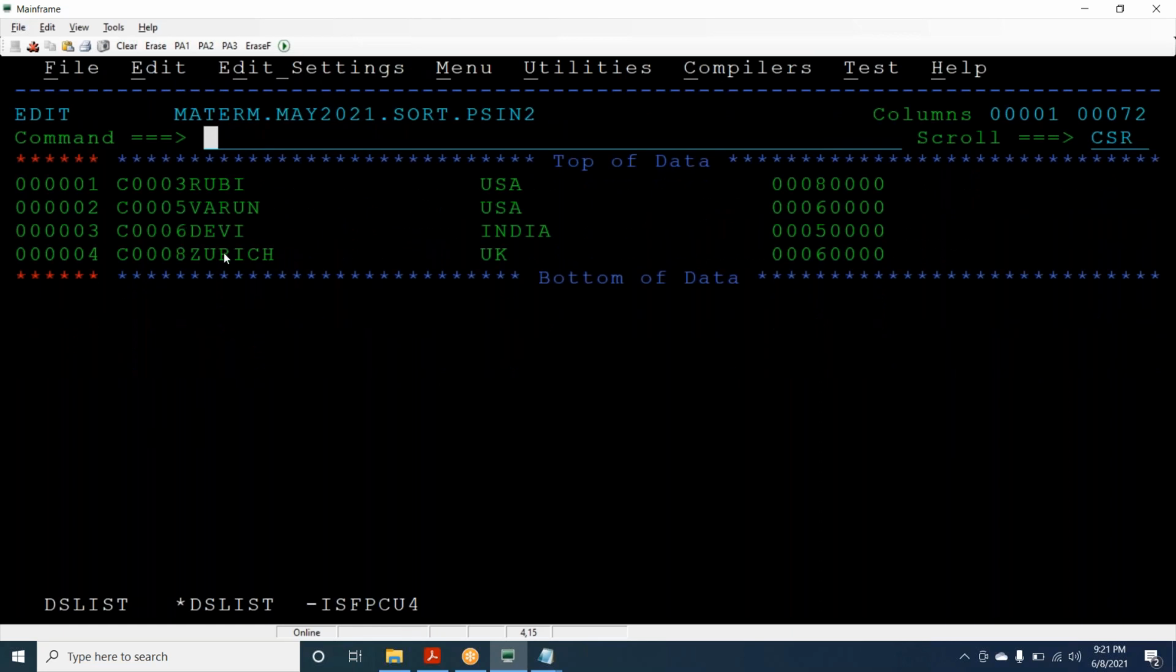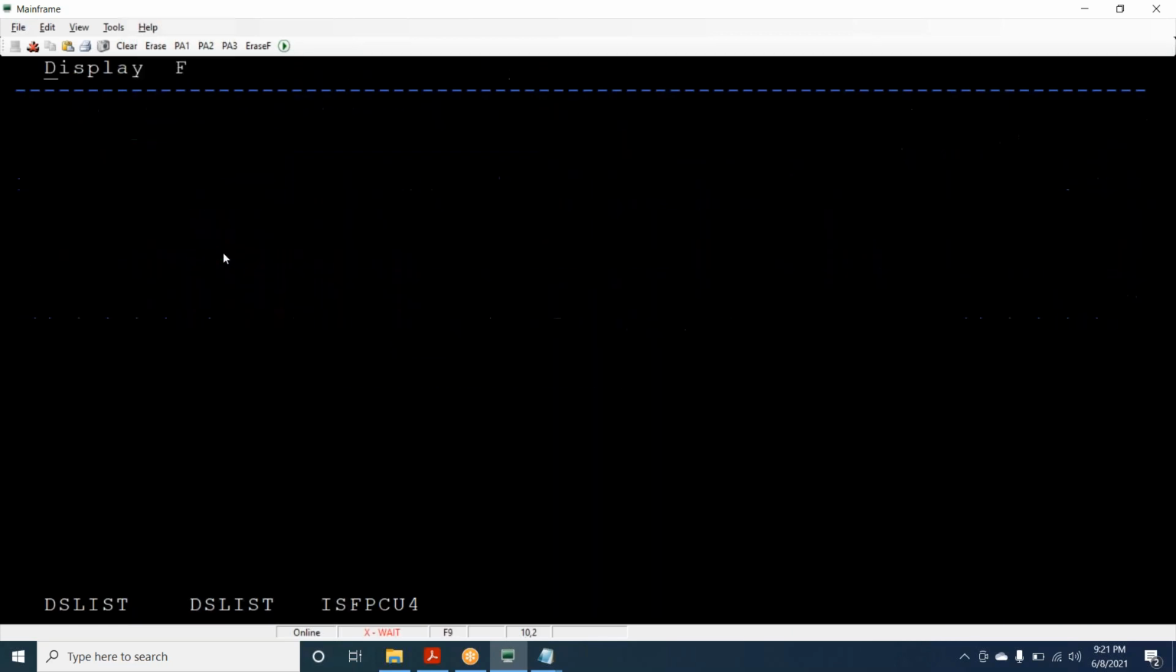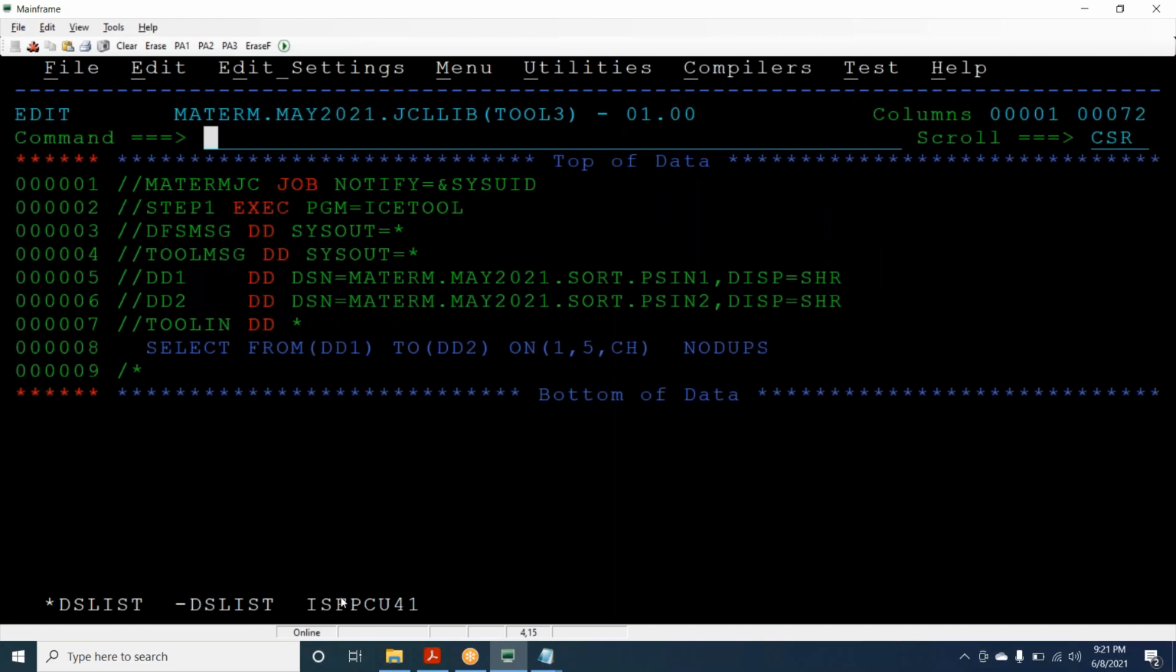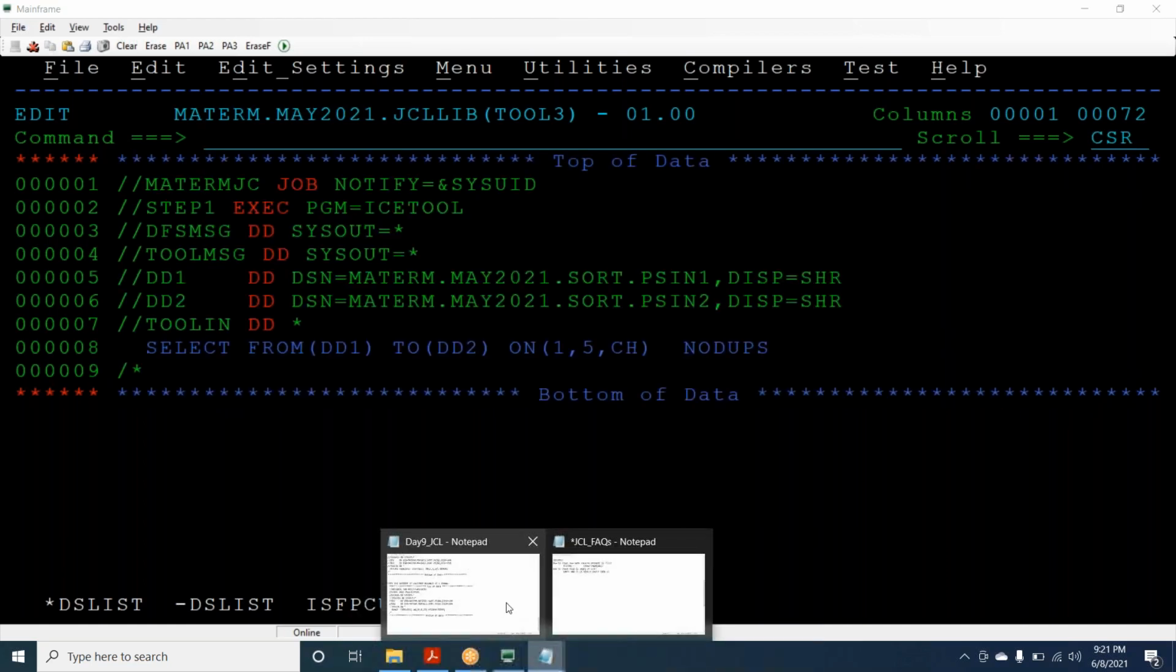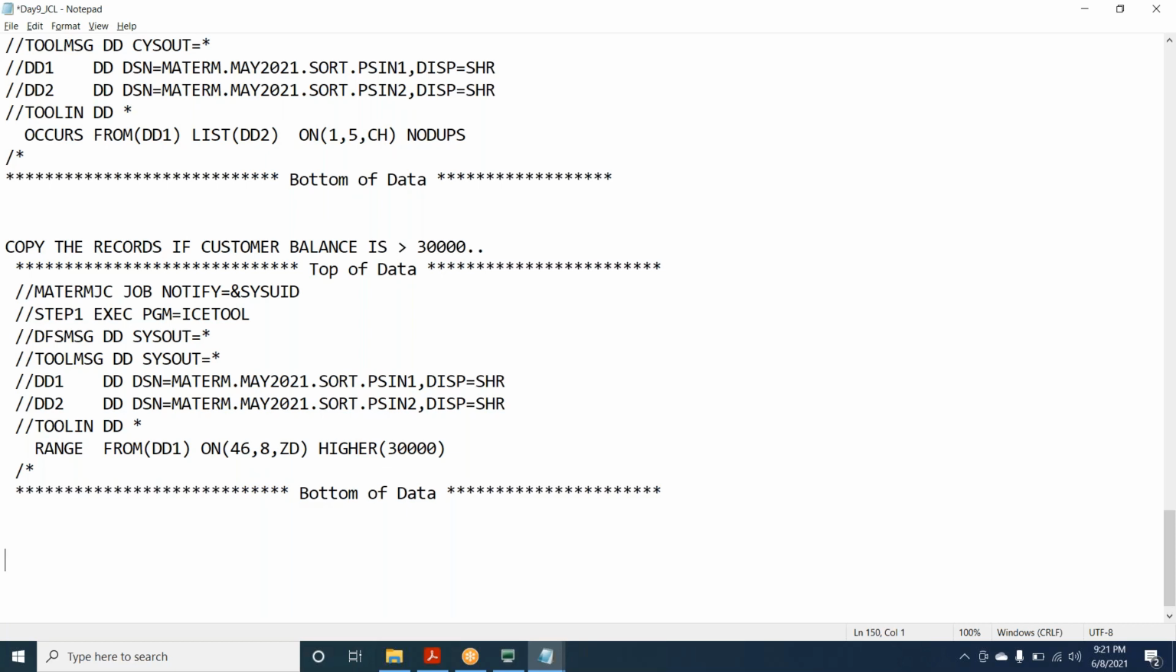1 and 2 are not copied because of no dupes. No dupes means even if one record is there twice, those 2 records will not be copied. So this is equivalent to